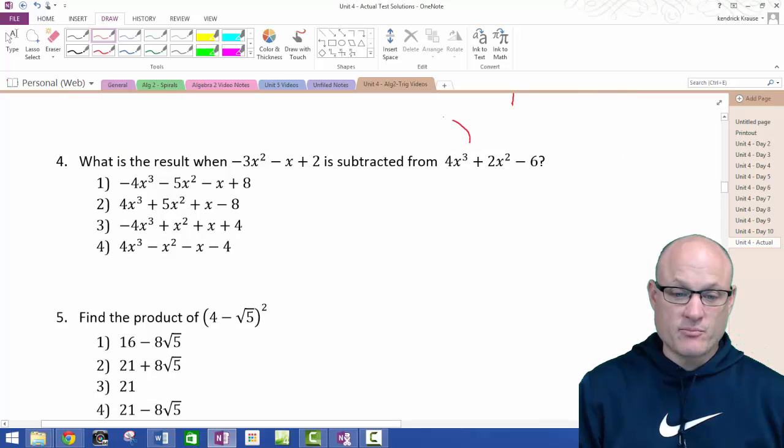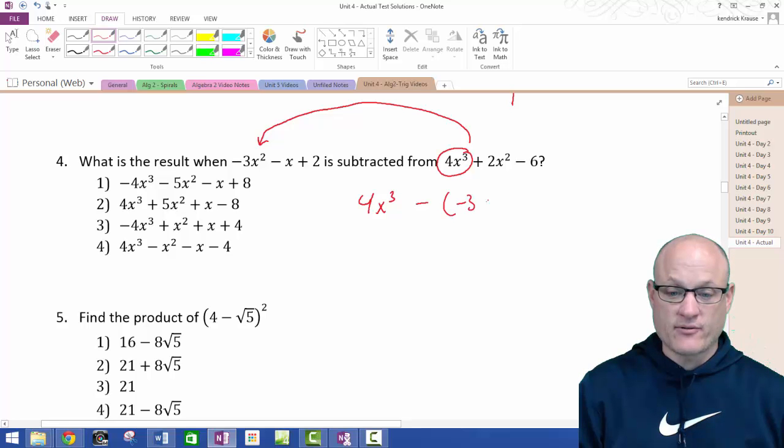Subtracted from, it's backwards. So what we're going to do is take this 4x cubed and subtract off negative 3x squared. Well, that gives me positive 7x squared. So